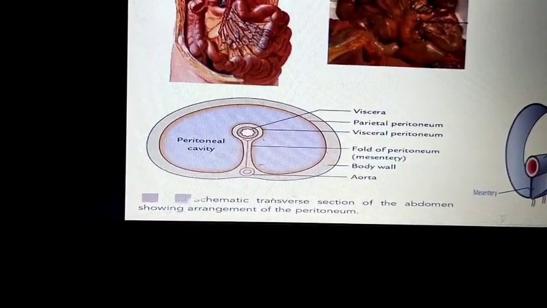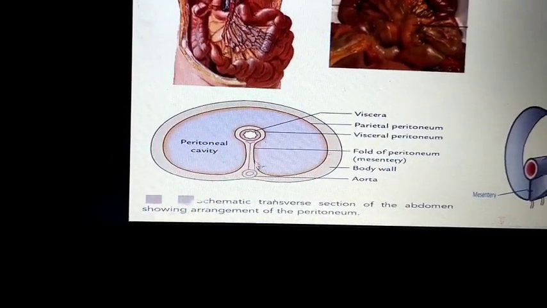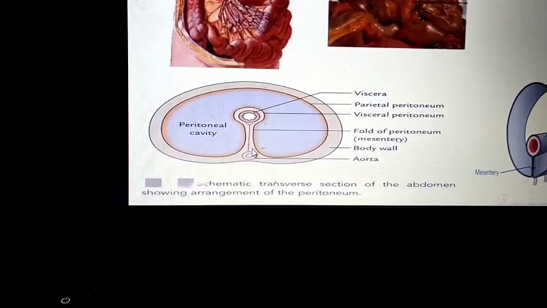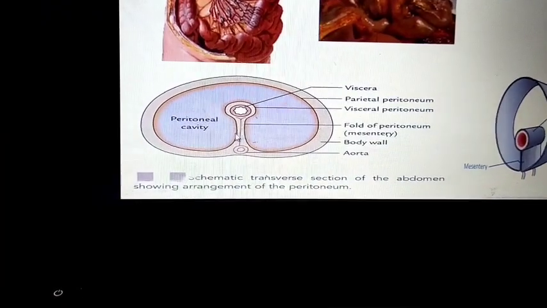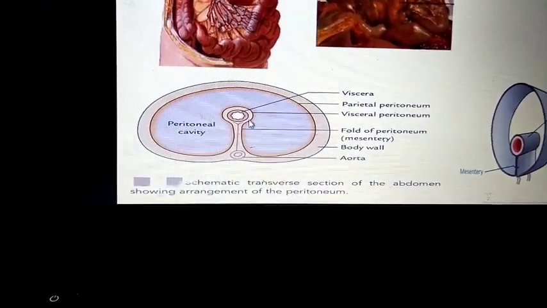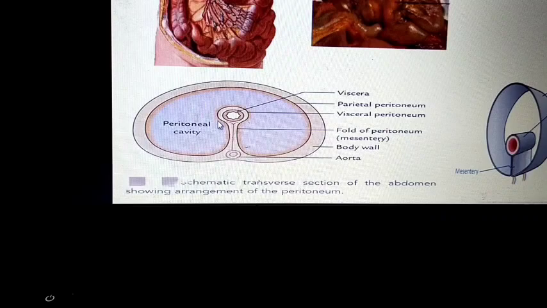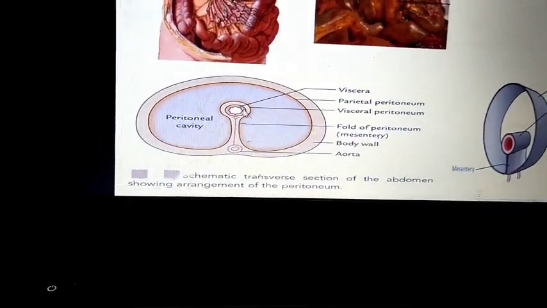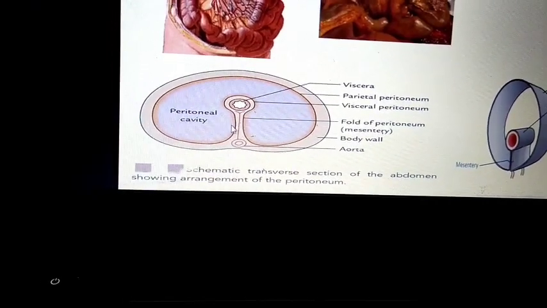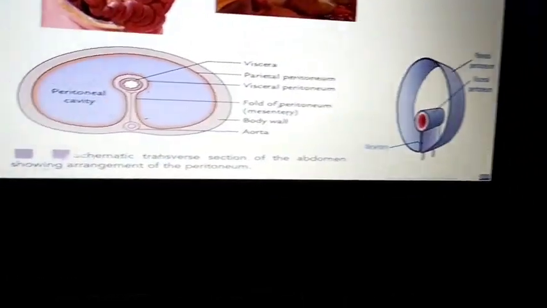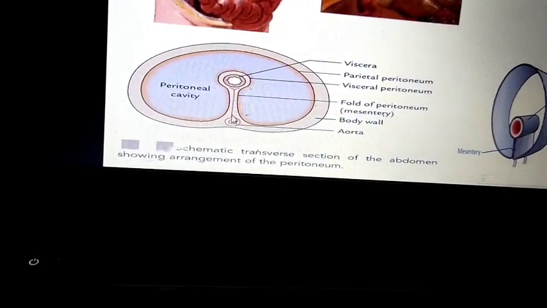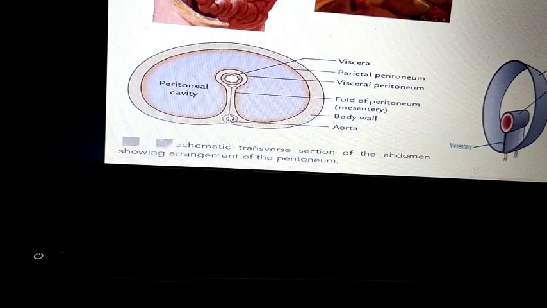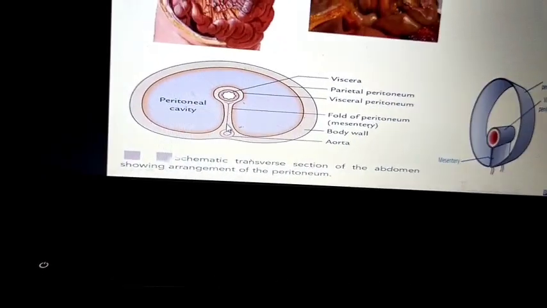The peritoneum is inverted, invaginating and forming folds. These are called peritoneal folds. If the fold is attached to the small intestine, it is called a mesentery. If it is attached to the large intestine, it is called a mesocolon. The contents of the mesentery are mainly blood vessels, arteries, lymph nodes, and mainly fat.